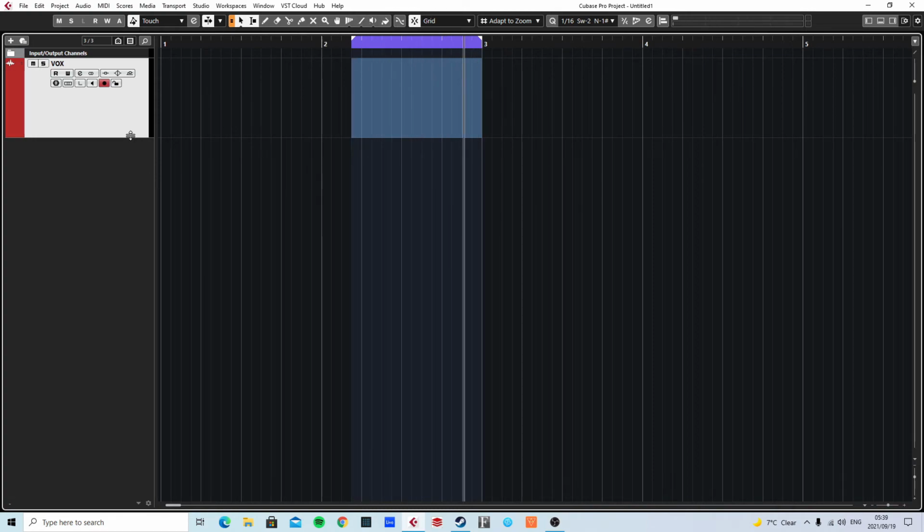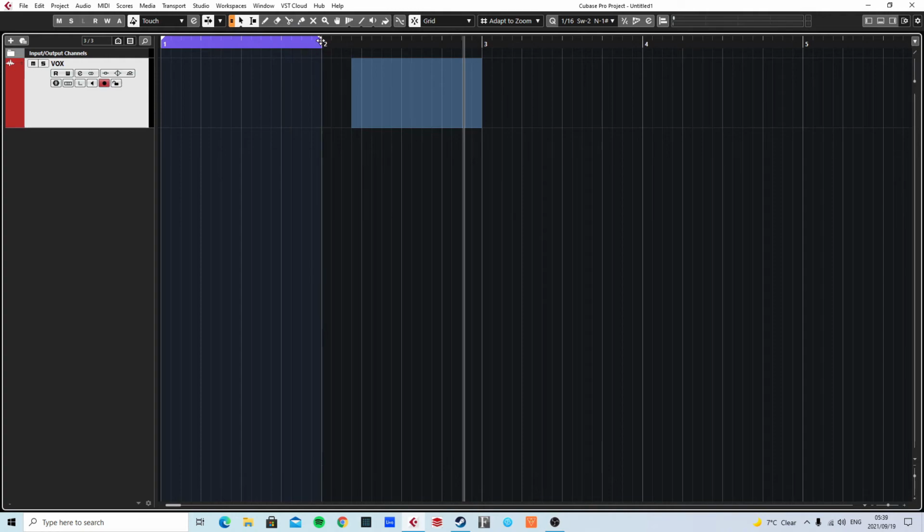Okay, another underrated tool for Cubase is the bounce to MIDI and bounce selection. Bouncing is very, very useful. So whenever you've got